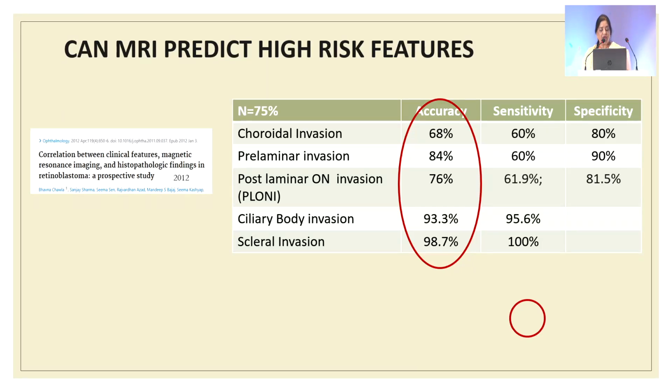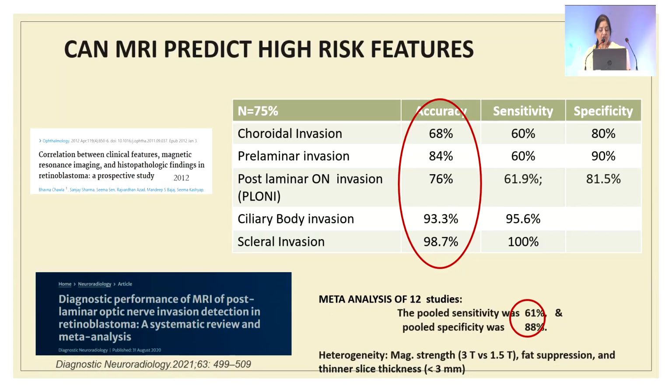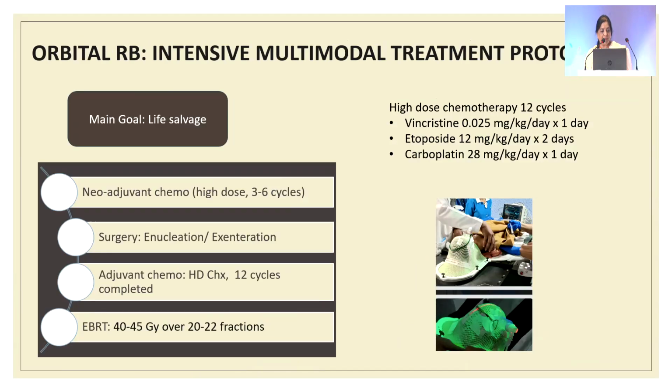We can see that the accuracy for ciliary body and scleral invasion ranges from 93 to 98%. But a recent meta-analysis of 12 studies showed a pooled sensitivity of 61% and pooled specificity of 88%. Orbital retinoblastoma treatment is by an intensive multimodal protocol, because no one procedure is sufficient to control it, so we give chemotherapy, surgery, adjuvant chemo, and EBRT. When it comes to chemotherapy, we are giving high dose chemotherapy with carboplatin at a dose of 28 milligram per kg